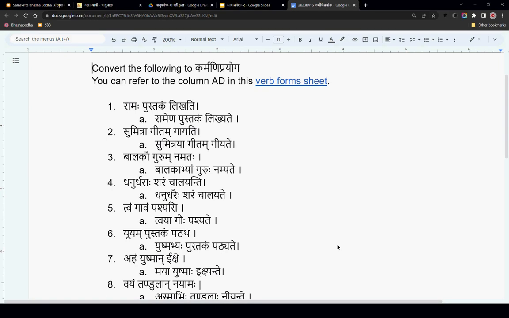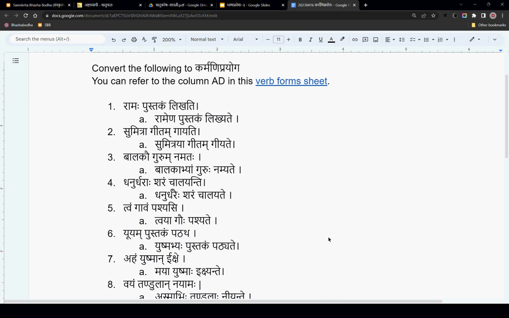Convert the following. Ramaha pustakam likhati. So this one, mostly everyone has got it right. Ramena pustakam likhyate. If anybody has any questions regarding the meaning of the words or the forms, please ask the question.